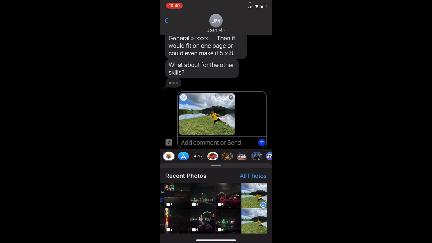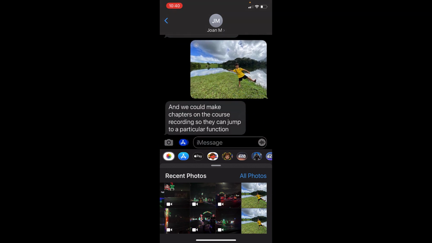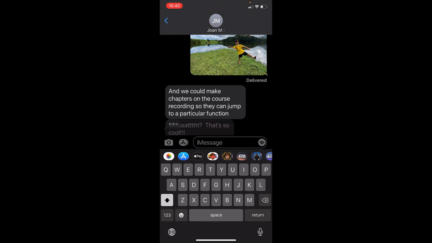So here's a photo of my son, so I can tap on that, and it'll just insert that into the box here. Okay, and now that the photo is there, I can just hit the blue upward arrow and send that photo. Okay, to get out of the photos and to get back to typing messages, I just have to type in the message